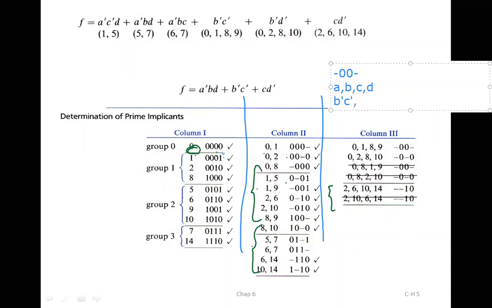So that is open. What is the next one we have? Next one I have is 0 hyphen 0 hyphen 0. So this is the second one that I have. So again, what is the second prime implicant I will get? Hyphen means A is reduced. So I have B bar and the C is not there. So I have a D bar. A, B.